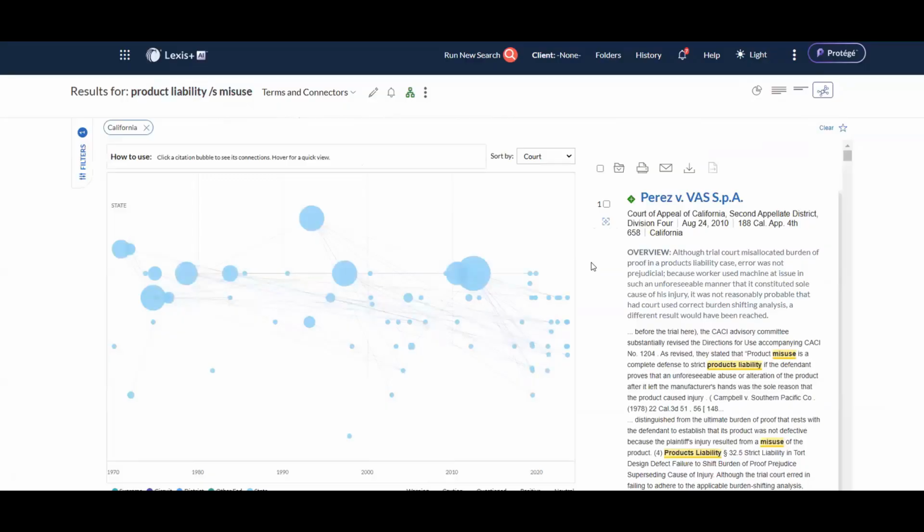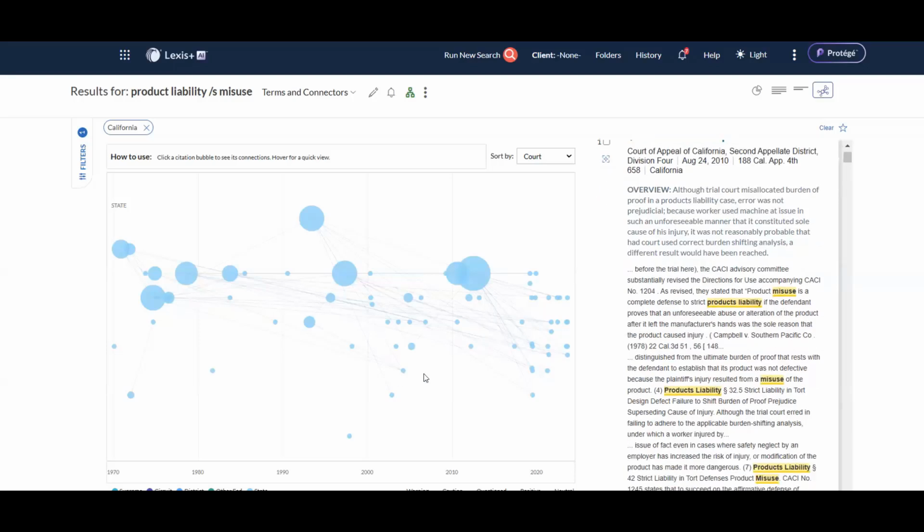So once you click into Ravel View, it takes your top 75 cases, or here, all 71 of our cases, since we have less than that, and puts them into this graph. So each bubble on this graph represents a case. The bigger the bubble, the more times that the case has been cited to. So the bigger bubble shows that it's probably a seminal case, meaning it's had a lot of impact on this